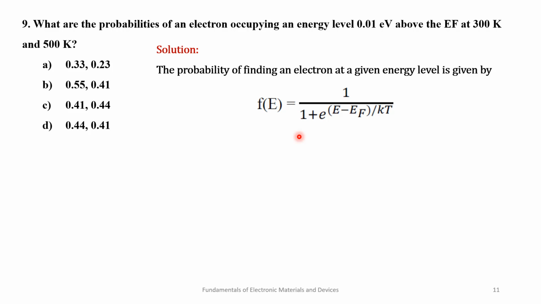Since it is a ratio, keep in mind that E minus EF and kT should be in the same units. If both of them are in electron volt based units, use that. In the other case, if both of them are in SI units, use that. Since they are a ratio, the units will cancel out eventually. The only thing is that you should keep the numerator and denominator in the same units. So now if you have the equation, can the others please try and tell me which answers they got? Now you have the equation here, you just have to substitute the values and find out.